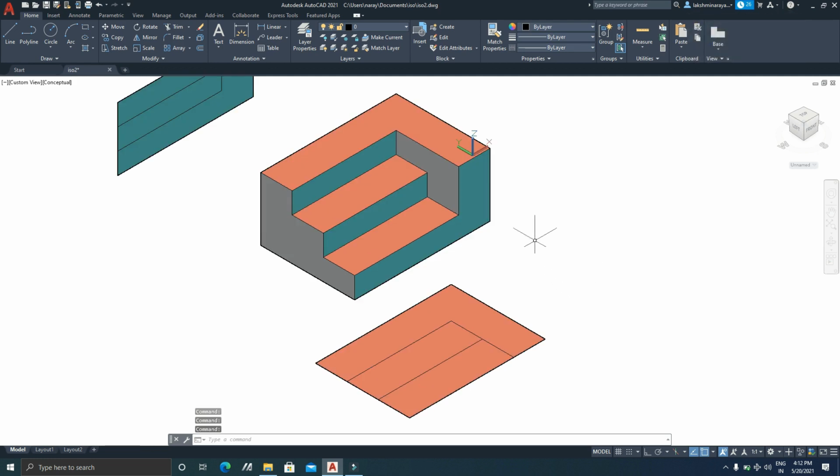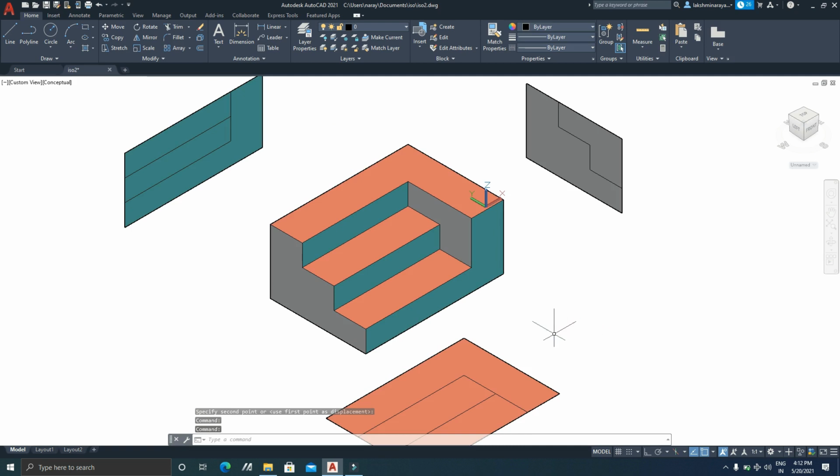When we consider the top view, we are able to see this profile, which is nothing but the profile here, and these two rectangles, this one and this one. So this rectangle is represented here, and this rectangle is represented here, and this is the L-shaped profile which is represented here. When we consider the side view, we are able to see these two profiles. So this profile is represented like this, and this profile is represented like this. We are able to see these two profiles in the side view only. So this is about generation of orthographic views.